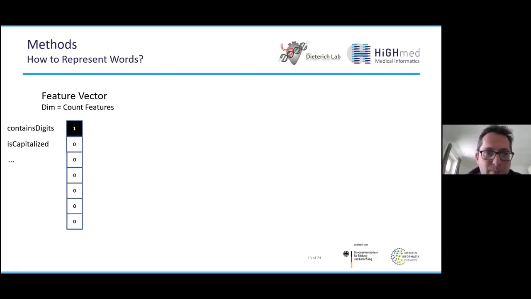So for example, if you input a word which contains digits, so kind of a simple feature, we will now assign this feature in the first position, and then we will flip this, if we take it in a binary format, to a 1. And we do that for all the rest of the features, and finally we will have a feature vector in a numerical representation as a representation of the input word.